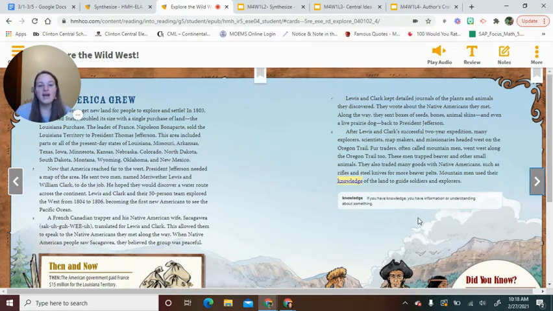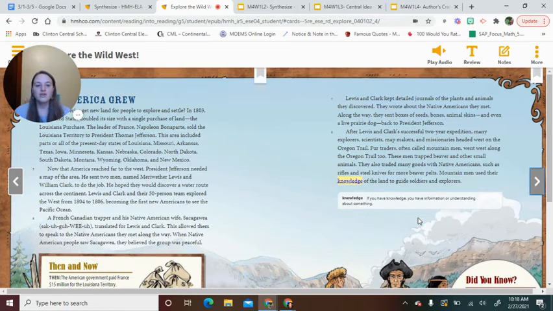Lewis and Clark kept detailed journals of the plants and animals they discovered. They wrote about the Native Americans they met. Along the way, they sent boxes of seeds, bones, animal skins, and even a live prairie dog back to President Jefferson. After Lewis and Clark's successful 2-year expedition, many explorers, scientists, map makers, and missionaries headed west on the Oregon